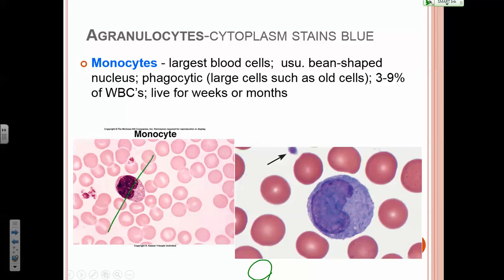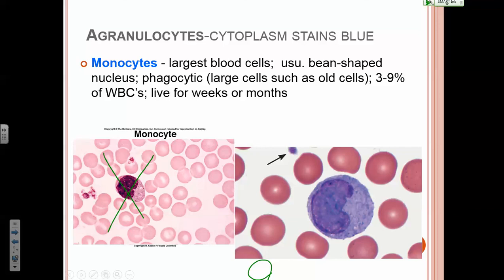I know that this picture doesn't look blue at all. These are just some bizarre pictures from an older book. The one in your book is much better. It's like the one on the right. But do you see how the nucleus takes up the bulk of the inside of the cell? And that it's overall somewhat bean-shaped, or sometimes more horseshoe-shaped? Okay,